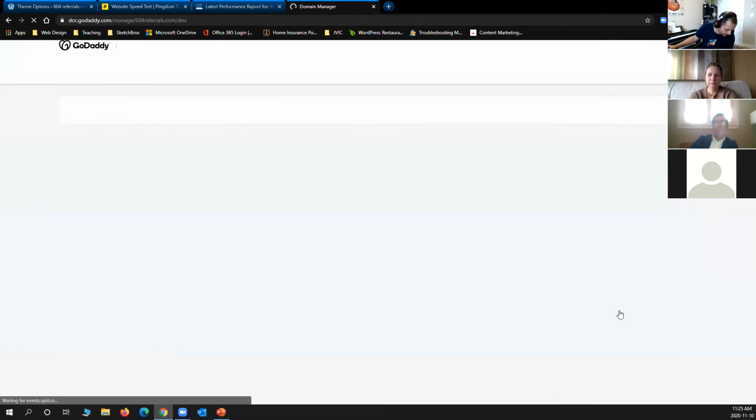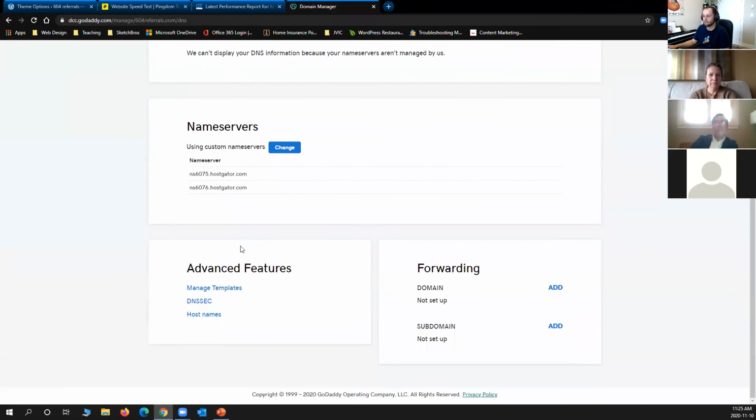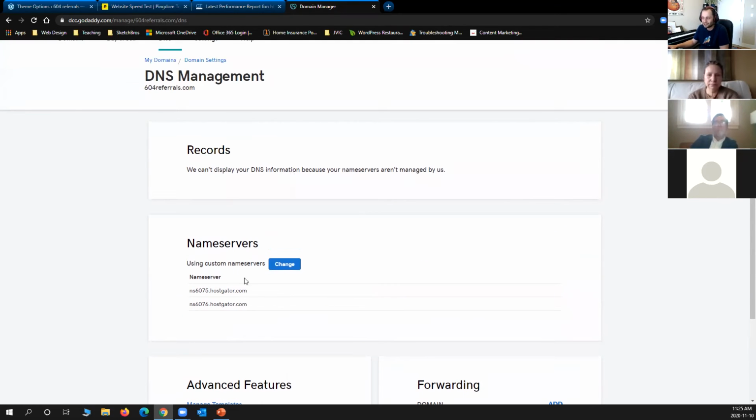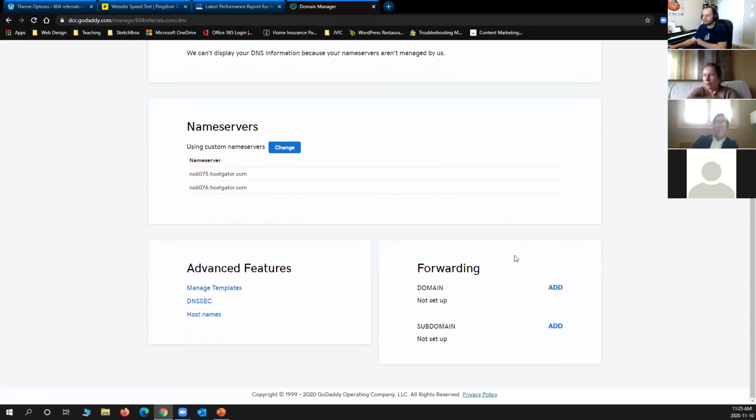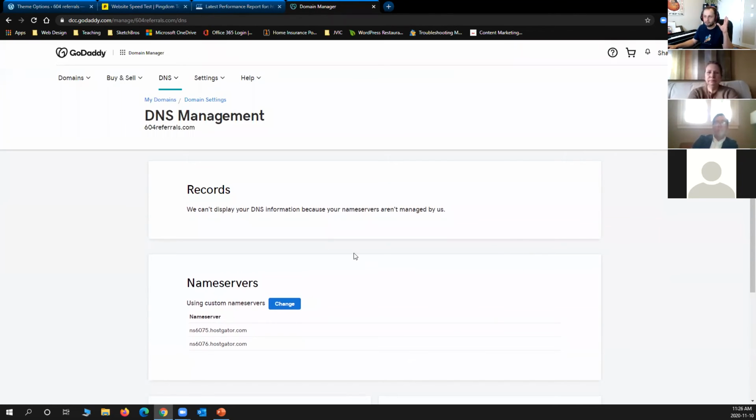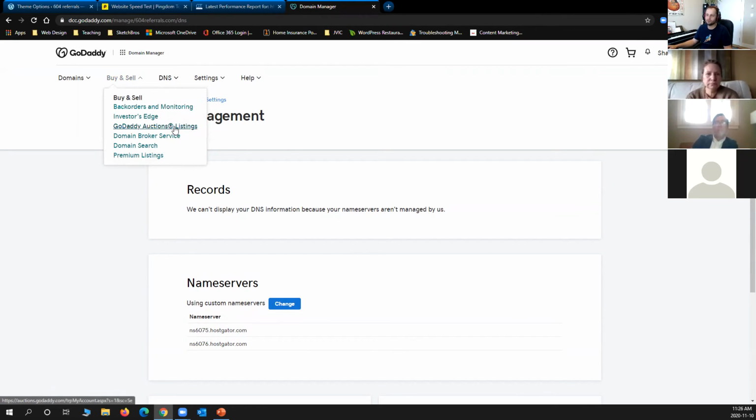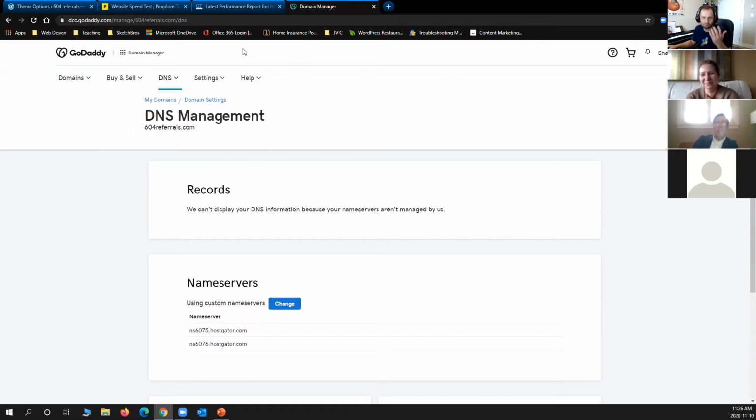If you would like, you can purchase it, but because my DNS is not with GoDaddy right now, they can't sell me. But if you have your domains here, you can purchase premium DNS. So it's not something you would need to do. You only do it if you're Mark Zuckerberg, then go ahead and do it.